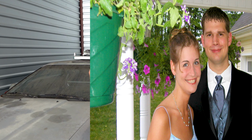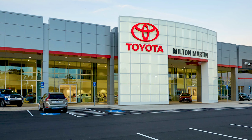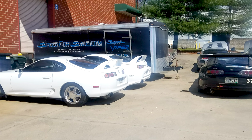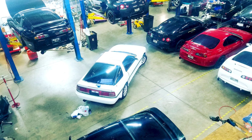So as soon as I could, I moved out, and I had one talent, and that was working on cars, working on engines, making things run. So I got a job working as a mechanic, and then that transitioned to working at a really good family-owned dealership, which then transitioned to my love of hot rodding, making things faster, and joining partners and working at a company called Speed for Sale,